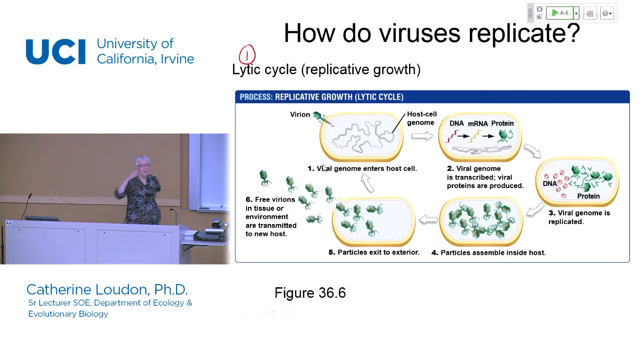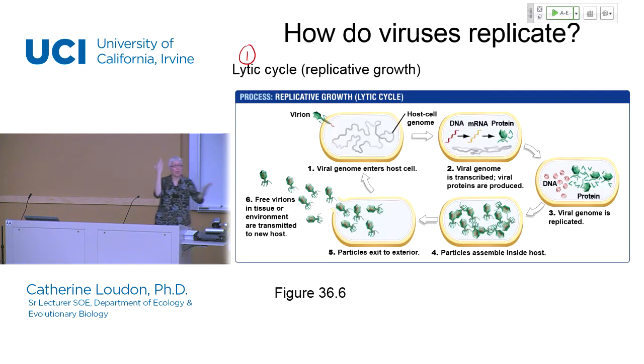And as you walk through steps in these viral cycles, I think what really helps the understanding here is to recognize that replication means that you end up with copies being made that are exactly the same as the original viral particle. And I'll return to that point a little bit later. So here at step number 1 then, in order to get replication, given that they are obligate intracellular parasites, this means that a viral particle has to end up in the vicinity of the right kind of host cell within which it can replicate.